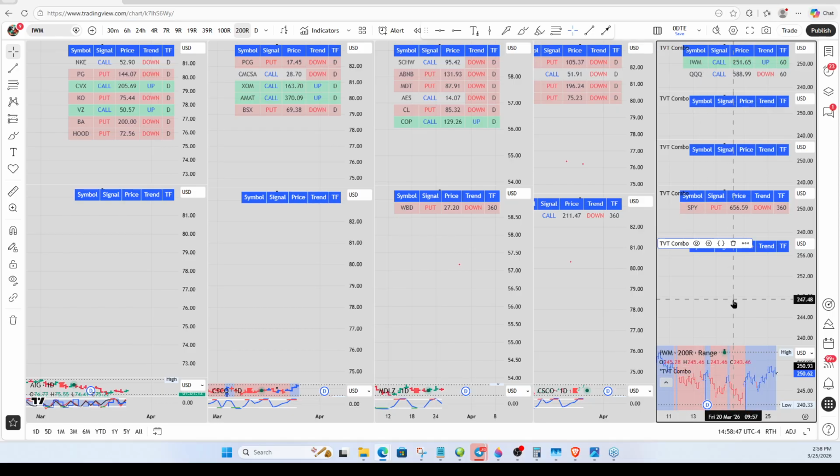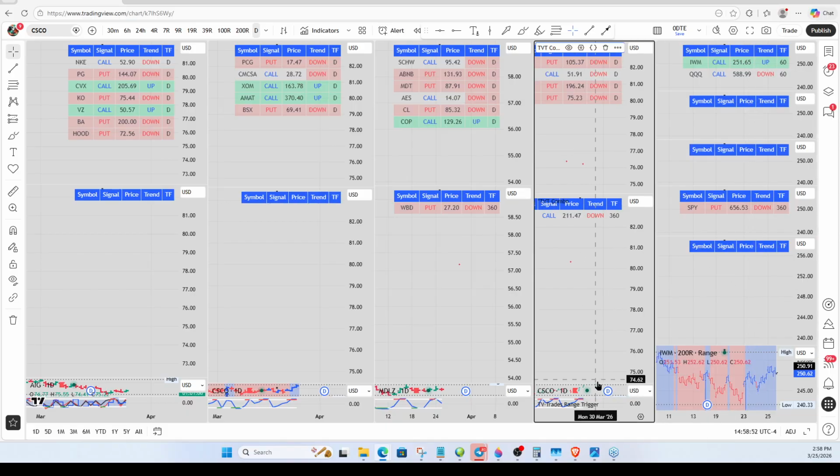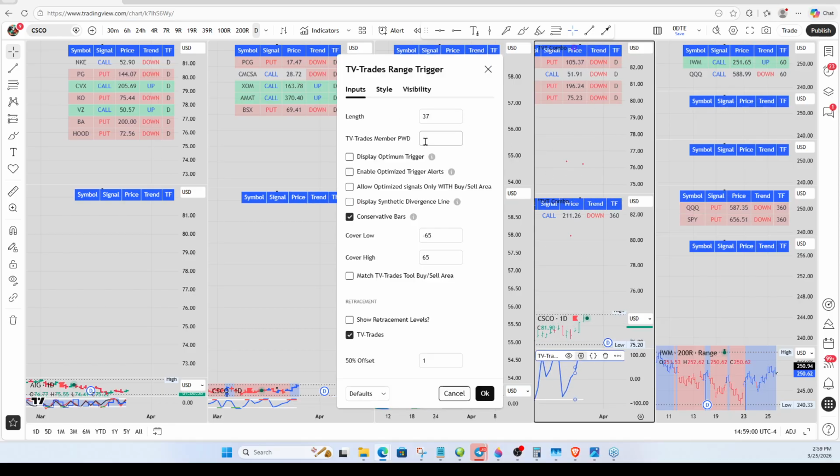And like, let's just do this. Is this a daily chart? No, it's a 200 range chart. Let's go to this. It's a daily chart. And you have to go here, and you have to go down to your trigger, and you have to have your synthetic divergence on. We'll put the password in. This password is no longer going to be valid after Saturday. We'll put the password and put the synthetic divergence on. And